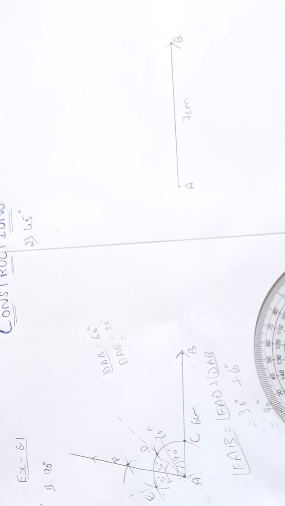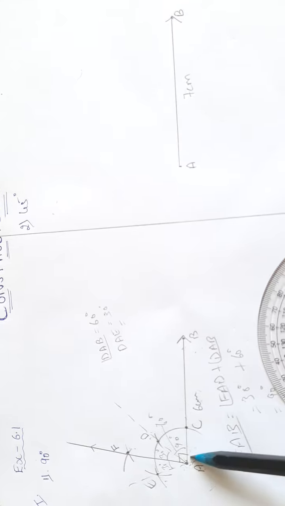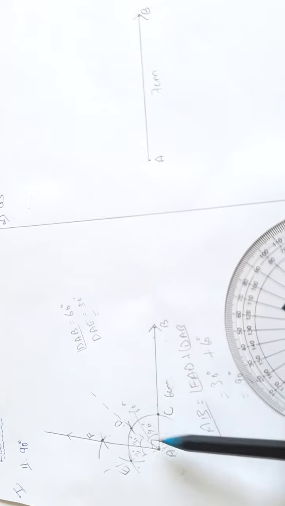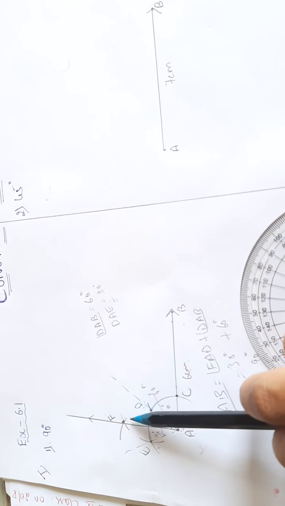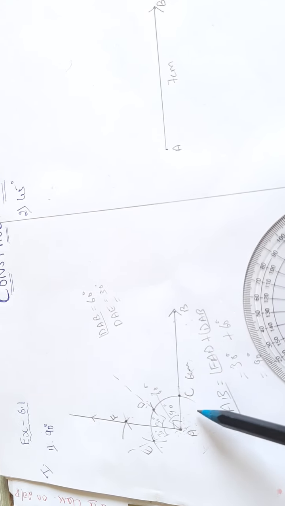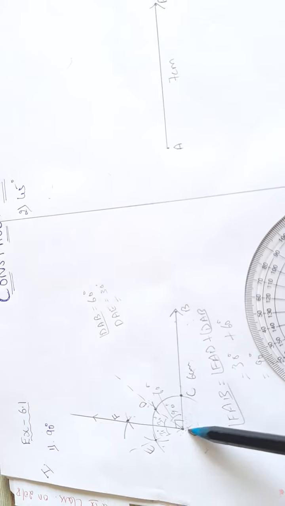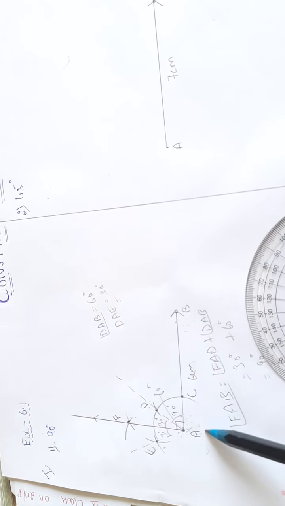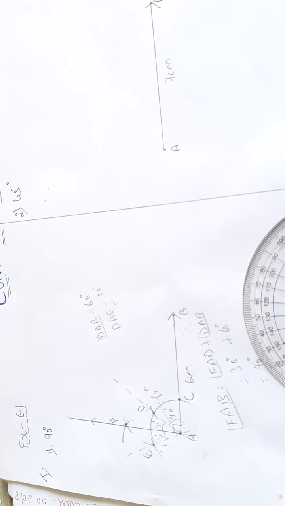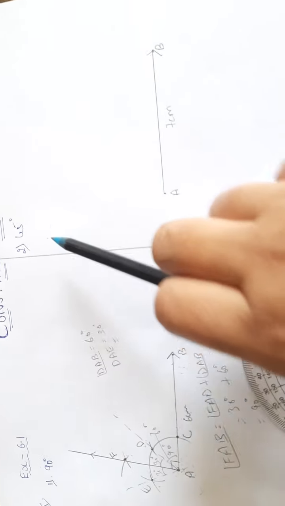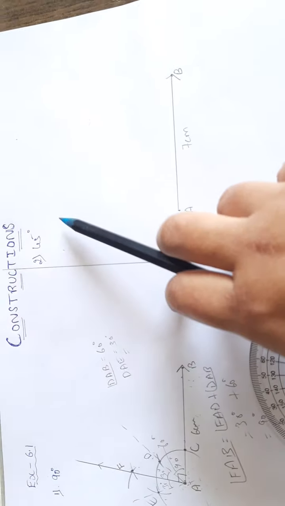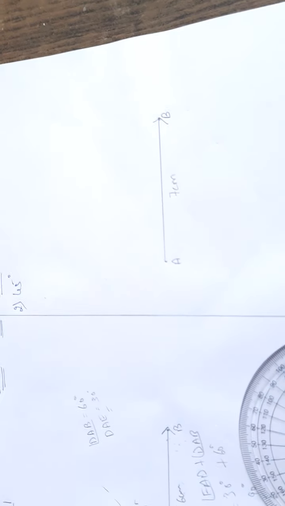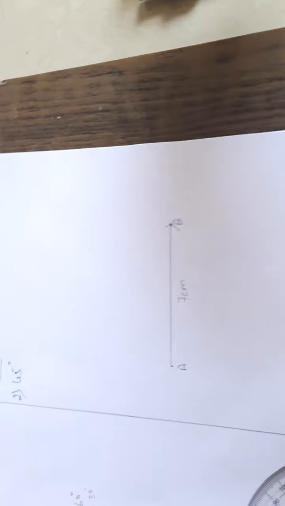So what we shall do now, children, is follow the same steps of construction and construct 90 degree here. After doing 90 degree, which angle is 90 degree here? Angle FAB is 90 degree. So we will construct FAB as 90 degree with the same procedure. Then for angle FAB, if you draw the angular bisector, it will divide 90 degree into 45 plus 45. Hence you will get the exact measurement of 45 degree. So we shall begin the construction.